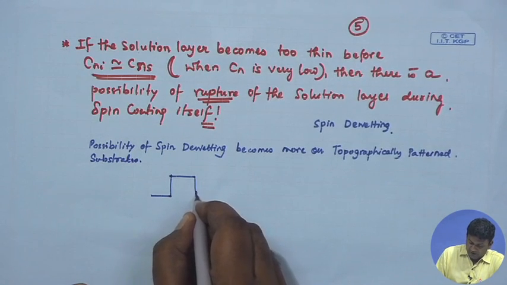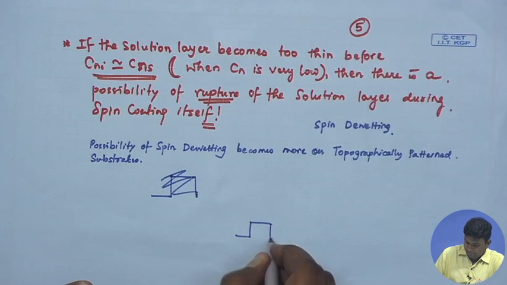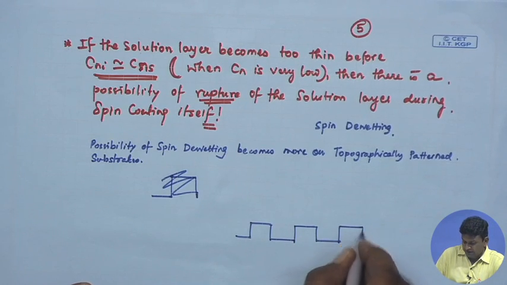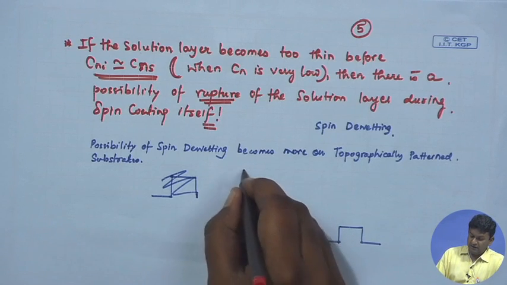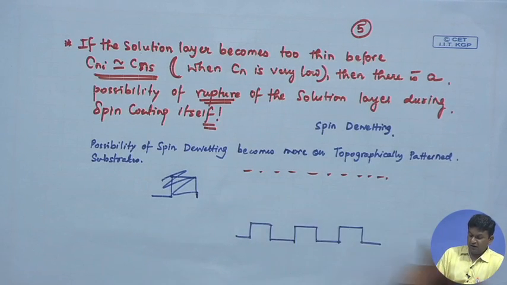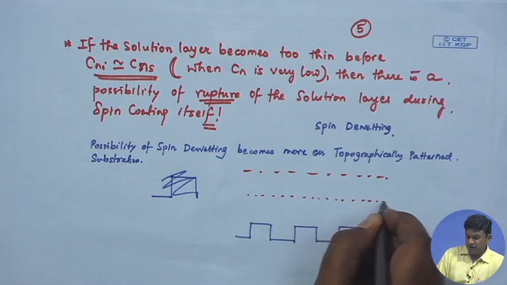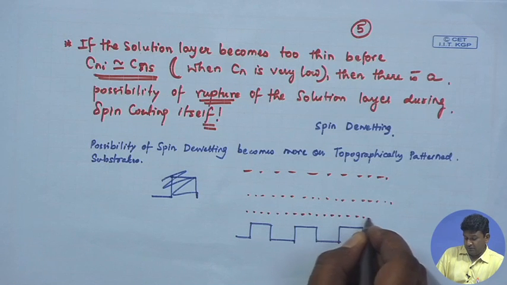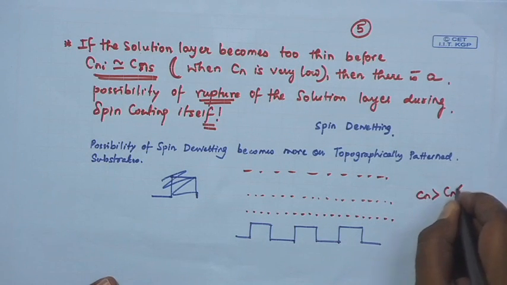Simply because, okay, I will draw it here, if you have a nano patterned substrate, its height may not be very large, maybe of the order of 100 nanometer. So initially the thickness of the solution layer is much higher, but then as the solvent evaporates away, it becomes thinner and thinner. At this stage, if you have adequate Cn, that is Cn is greater than Cn star,